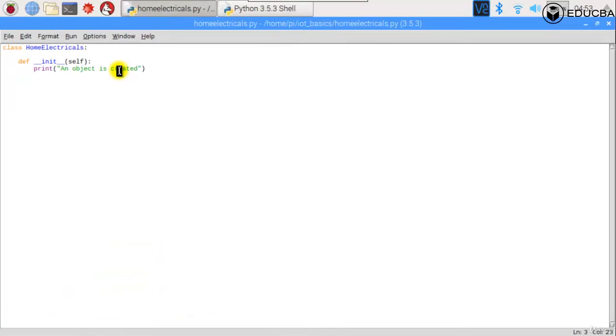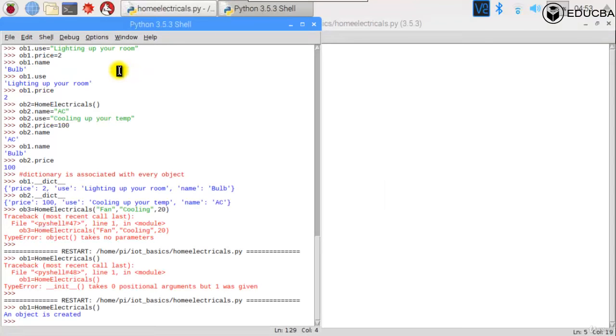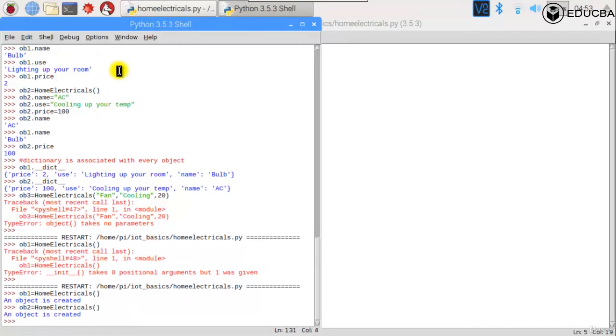I can also print self over here. What will self print? It will print the reference which ob1 is pointing to. If I create ob2, it will say an object is created.